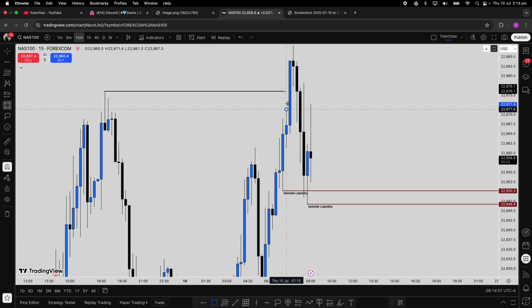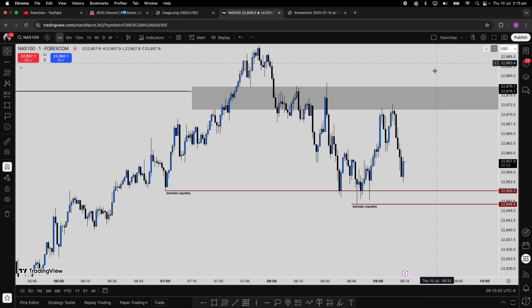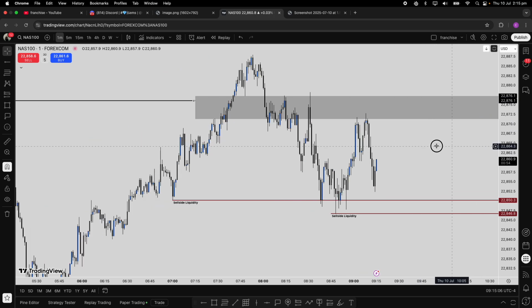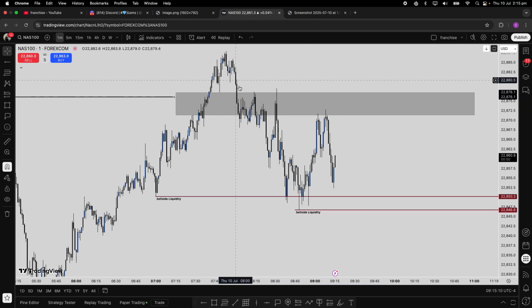Maybe we could be just using this inverse. I don't like inverses too much. I mean, they're useful, but I do just like using normal gaps, but same logic would apply, right? Drop down into sell side before we come back down to this low. We must rebalance and then we can drop. But yeah, coming into the